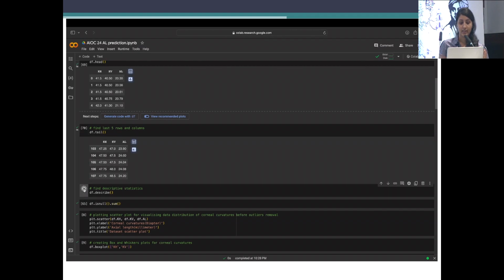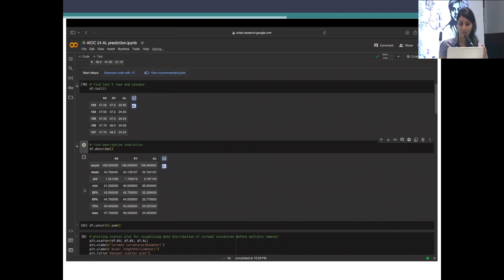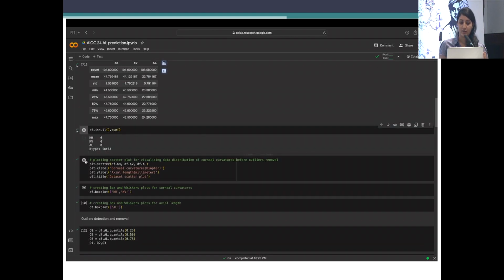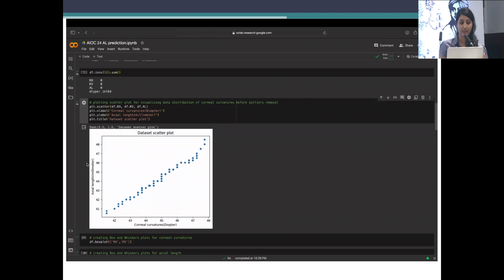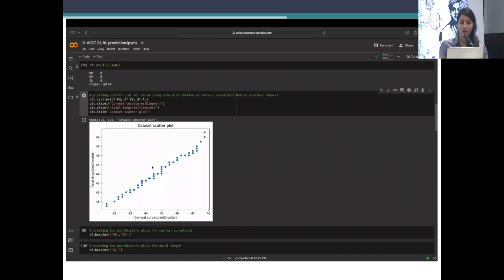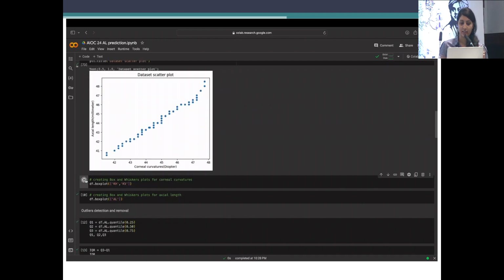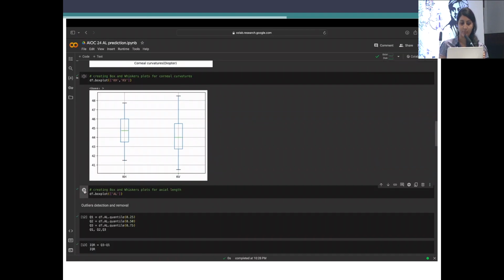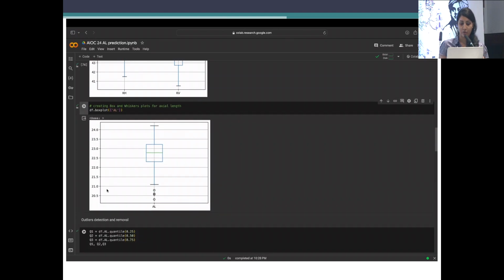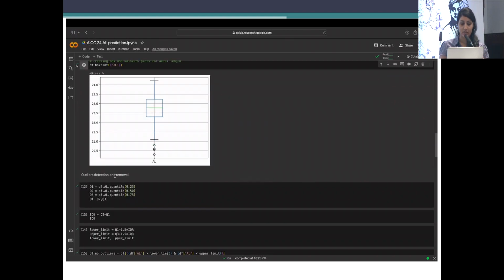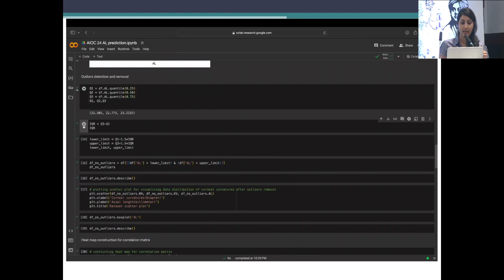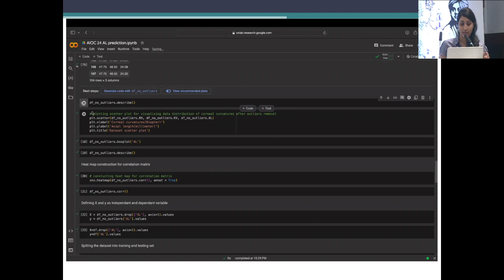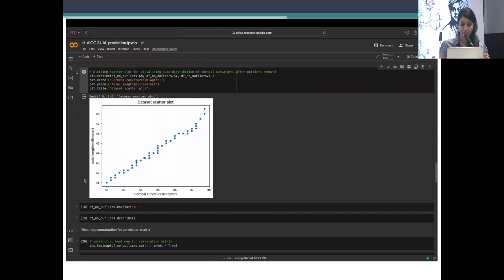Now the data is explored, where we are seeing the first 5 and the last 5 rows of the data set, and it also gives us the descriptive statistics, which consist of the mean and the standard deviation. Now we'll be plotting a scatter plot to visualize the data, which consists of corneal curvatures as well as the axial length derived from the A-scan. Here we can see that there are a few outliers present in our data set. Next we are going to remove these outliers and then again see the data set, arranged in a scatter plot as well as box and whisker plots.